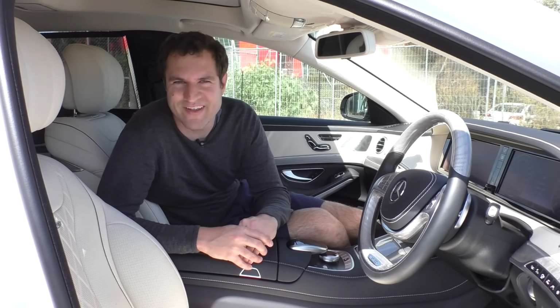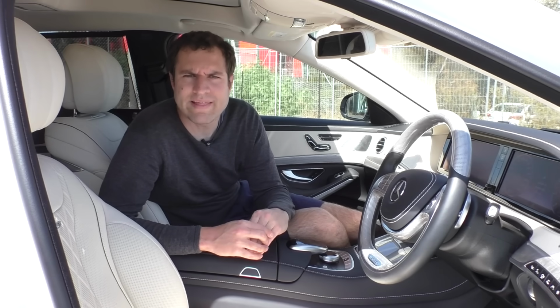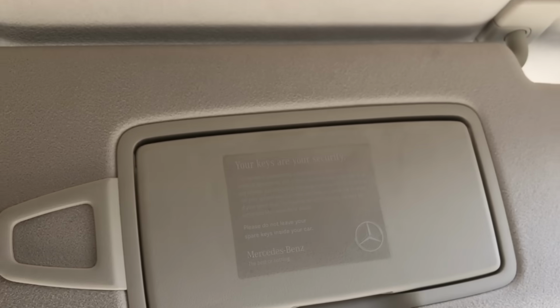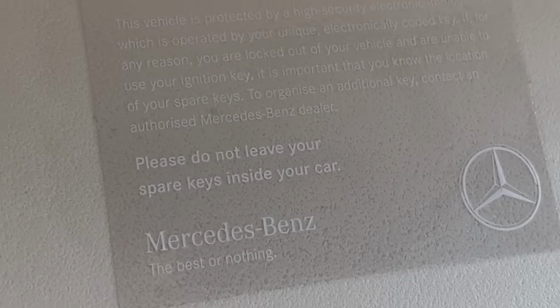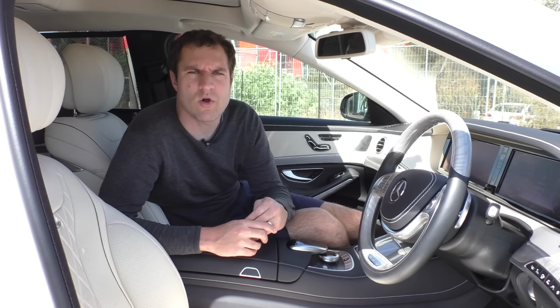from this generation. Next up, you open up the sun visor. It's a fairly normal sun visor, and there's a warning label on there. What is it? The airbag warning? Is it a seatbelt warning? No, it's a warning to remind you not to leave your keys in the car. I'm not really sure why they chose that location. I've seen roadside assistance on there, airbags, but never the don't leave your keys in the car warning on the